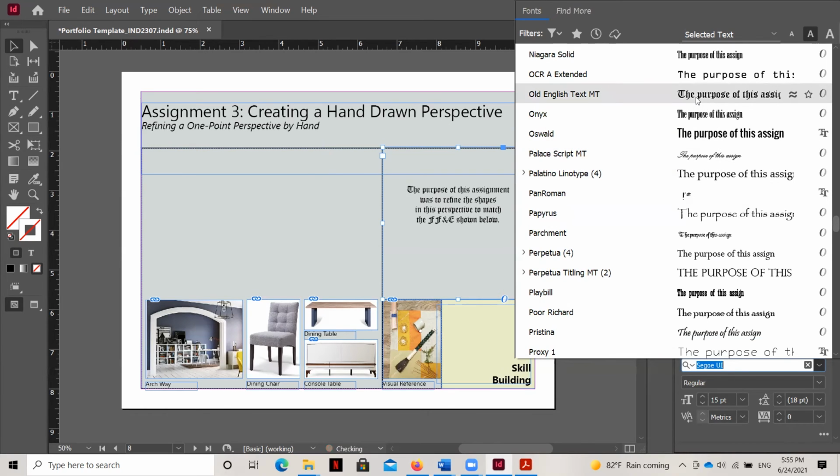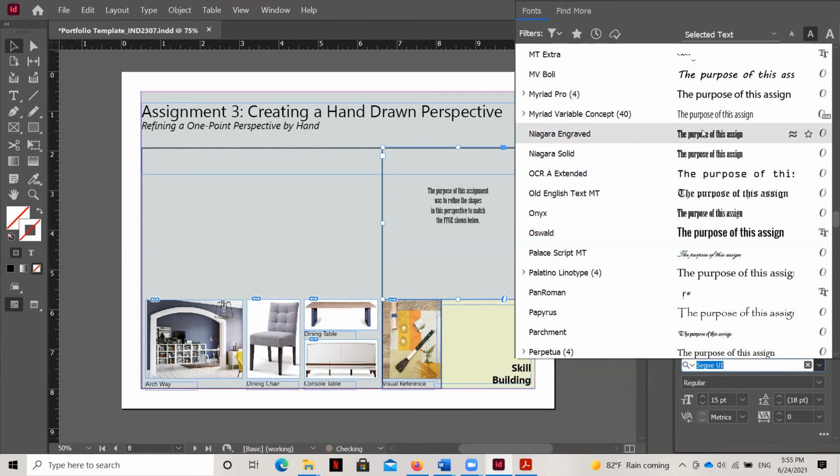Okay, if you select a font like this, it's very traditional, but it's a little bit difficult to read. If you select a font that's got what we see here at the bottom of or at the ends of the letters, this is called a serif. And fonts with serifs are a little bit more traditional, whereas sans serif fonts, ones that do not have those, like you can see, for example, let me scroll up. You can see this is a sans serif font, and those are a little bit more contemporary.